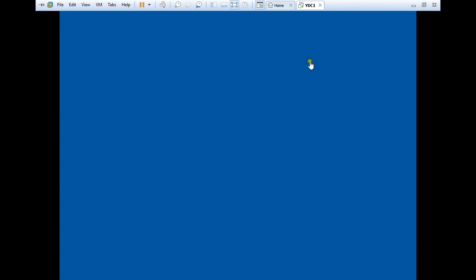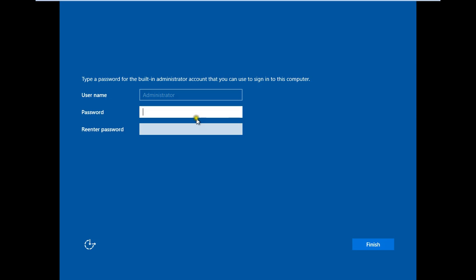See, installation will take time due to your machine speed. We are installing this server inside VMware, and I'm using my laptop, so that's why it is slow, because these servers need server hardware like HP blade servers. Once the installation completes, you will be prompted for a username and password.